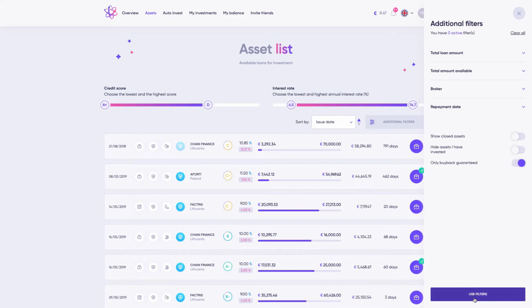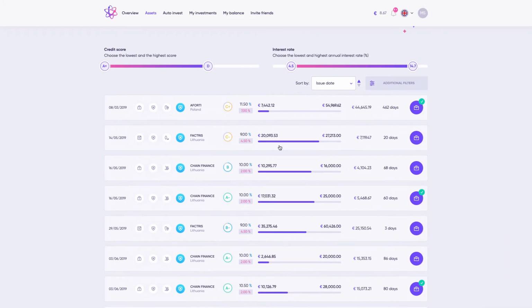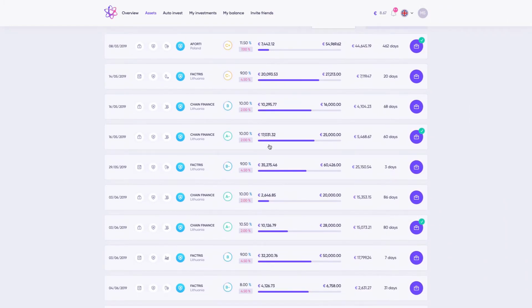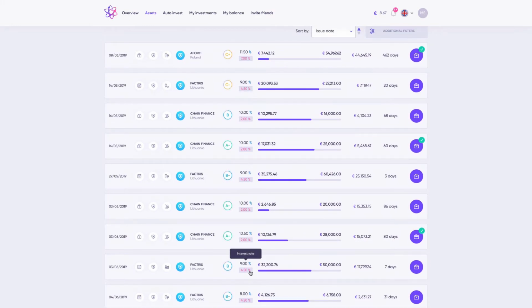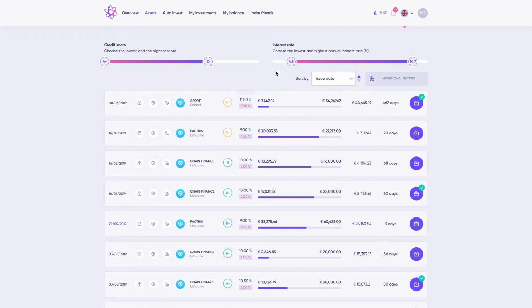So here I will just filter first only the loans with the buyback guarantee, and that gives me all those loans here. You can see on the platform the interest rates are around 10%, so they're at 9 and 8, but also some at 11. I usually like to be above 10, and that's what you will see in my auto invest settings. That's what you will also see in my results later. I like to have an interest rate on my loans above 10%, because peer-to-peer lending is an investment, so there are risks, right, as with every investment. So I like to have at least 10% to have some good returns on my money.